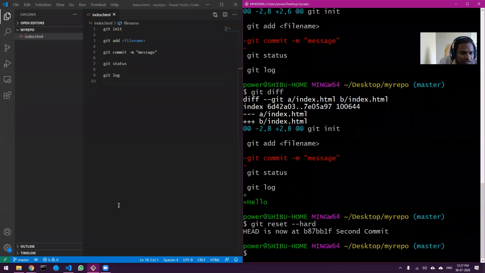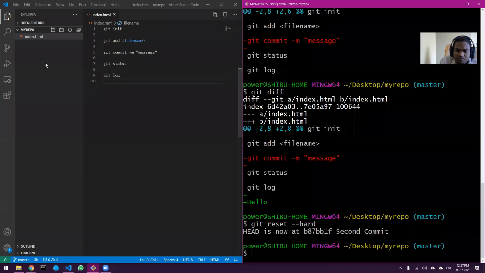Okay, then the next question is, what is the exact function of the hard flag? Basically, when you do git reset, it does a soft reset. What I mean by soft reset is it will change the Git repo and it will change the head part, but it will not change the working directory. Working directory is whatever code you see over here.